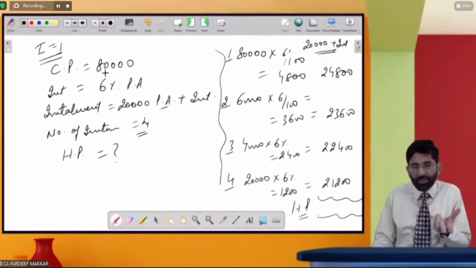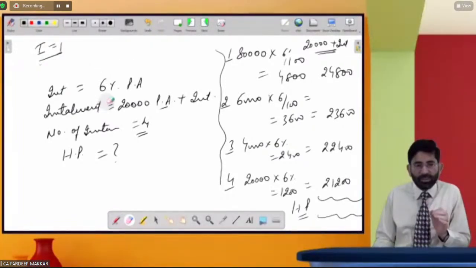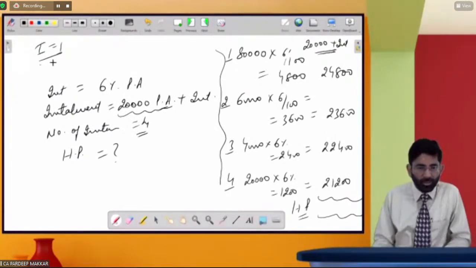तो देखो 80,000 रुपीज टोटल सीपी प्राइस है, ये नहीं गिवन है मान लो इस क्वेश्चन में, हमने इरेज कर दिया। अब उसने बताया कि बेटा हम लोग 6%, ये भी नहीं गिवन, बिकॉज ये दिया होगा तो फिर तो इजी हो जाएगा। देखो अगर वो सीपी प्राइस ना दे बट ये बता दे कि इंस्टॉलमेंट्स जो हैं वो 20,000 पर एनम प्लस इंटरेस्ट की हैं, मींस उसने सीपी प्राइस आपको इंस्टॉलमेंट का दे दिया, नंबर ऑफ इंस्टॉलमेंट भी दे दी, एचपी प्राइस नहीं दिया, सीपी प्राइस नहीं दिया। तो मुझे बताओ